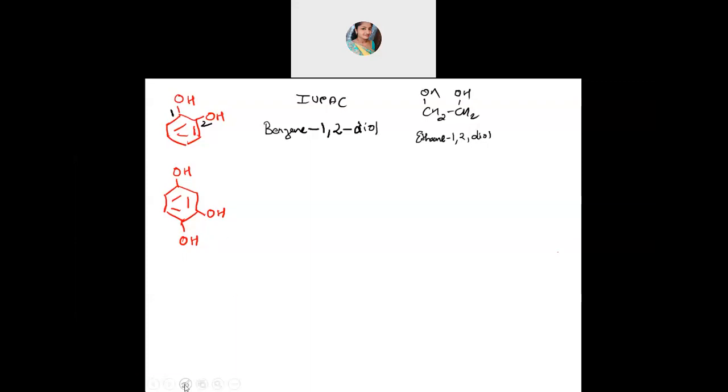Why are there different numbers you are giving me? Which order should I proceed? Which order should I give the number? From up I should start, or from the down para position I should start? Down I should start, no? Because you see OH groups are near to one another. Yeah, down is correct. So 1 will be here, 2 will be here. This is 3 and this will be 4. So 1 plus 2 plus 4, 7.